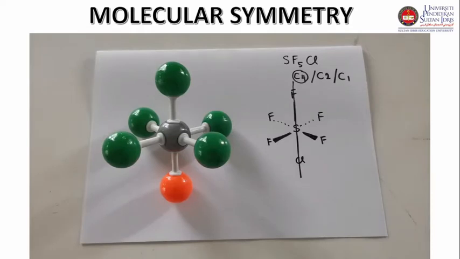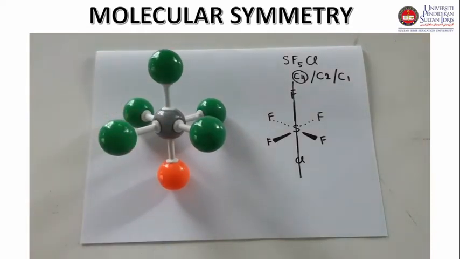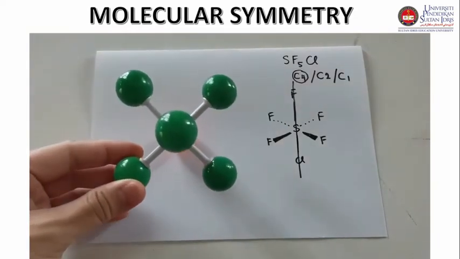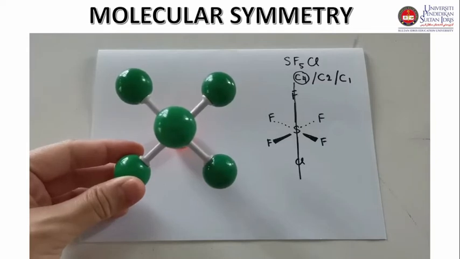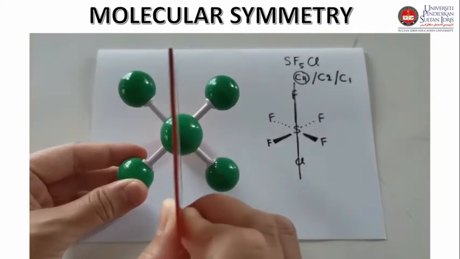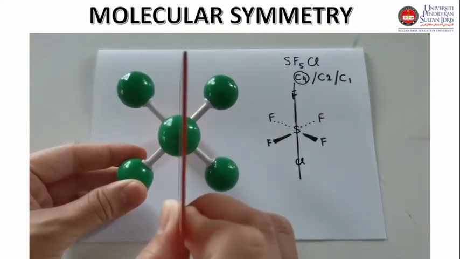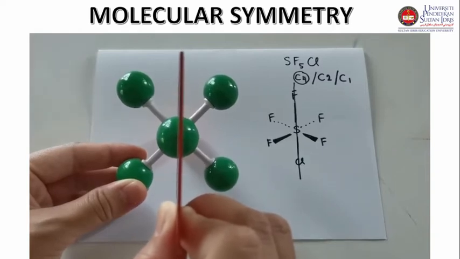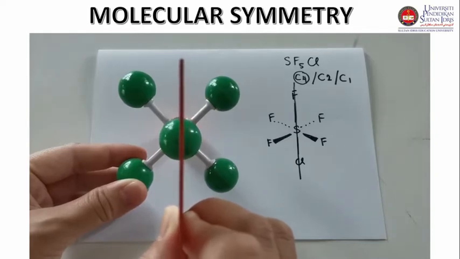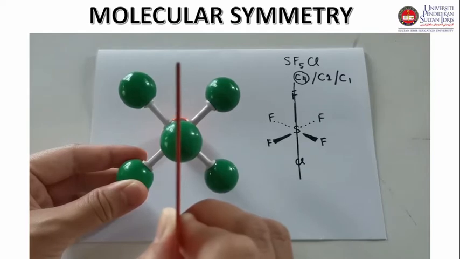Now we check the planes of symmetry: sigma v, sigma h, or sigma d. Okay guys, now we check the plane of symmetry in this molecule. If we consider the top view of this molecule, this is the plane. If we pass this plane through the molecule, parallel to the principal axis, that is the C4 axis, this plane cuts the 90 degree angle into two parts, meaning this plane exists in the molecule, and the molecule reflects an equivalent configuration.